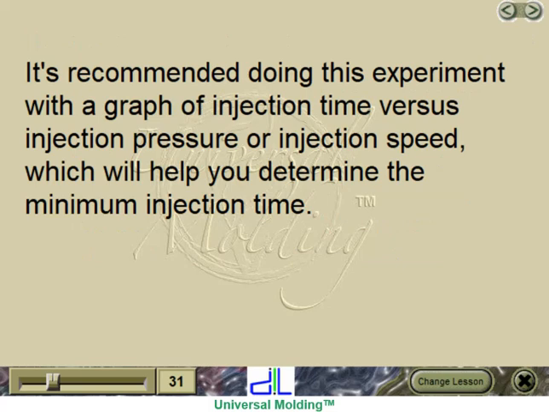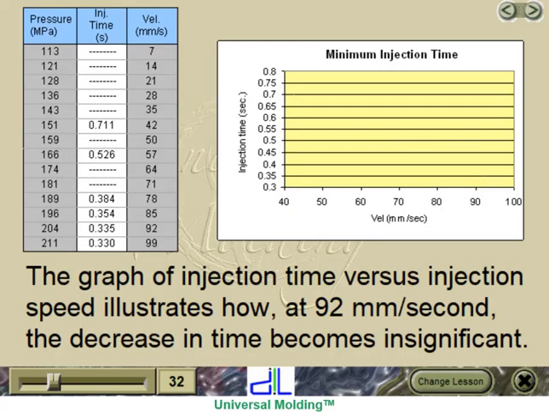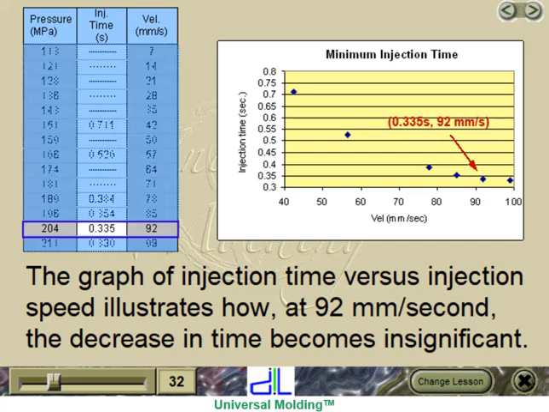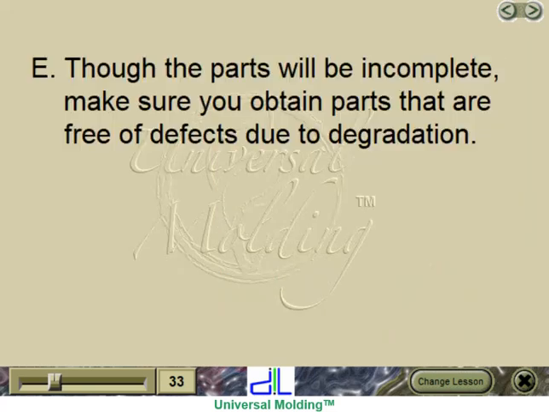It's recommended doing this experiment with a graph of injection time versus injection pressure or injection speed, which will help you determine the minimum injection time. Let's see. The graph of injection time versus injection speed illustrates how, at 92 millimeters per second, the decrease in time becomes insignificant. E. Though the parts will be incomplete, make sure you obtain parts that are free of defects